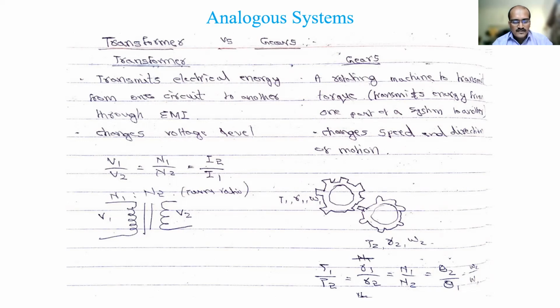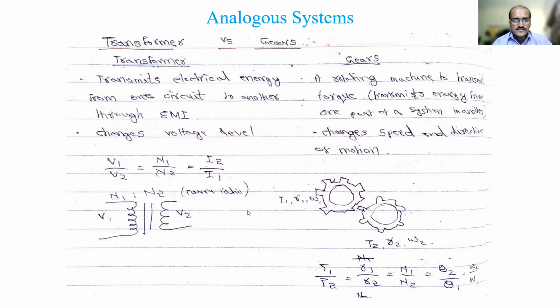So the transformer's primary side you are connecting to the wall socket, right? So it will be 230 volt coming in, right? And what is required for your experiment is 30 volt or 15 volt or 12 volt depending on your requirement, and then that voltage you have rectified. Okay, so that is what you have done. So transformer basically changes the voltage level, 230 volt to 15, 12, whatever.